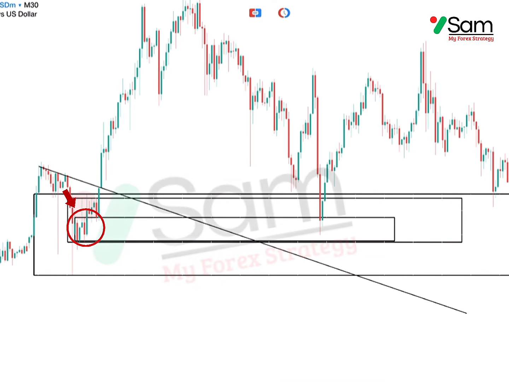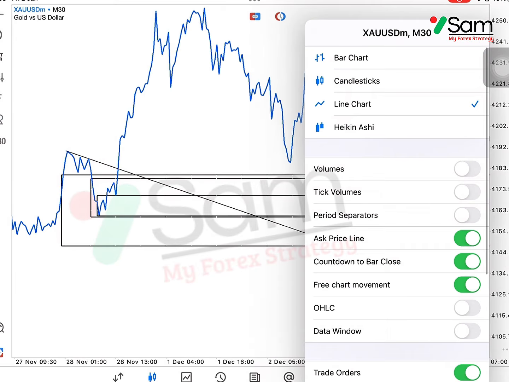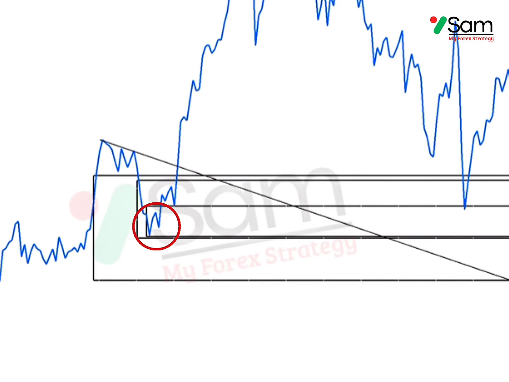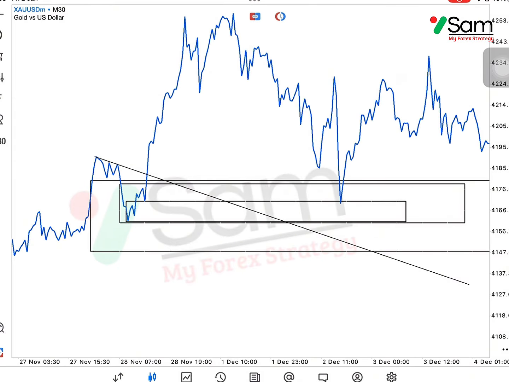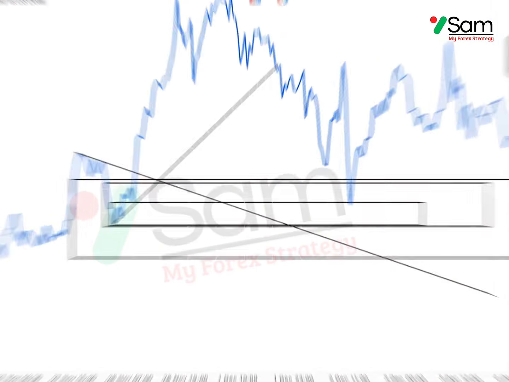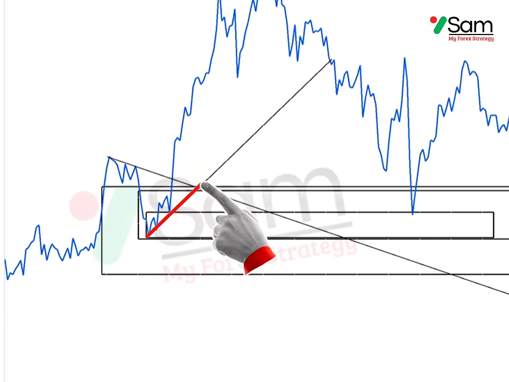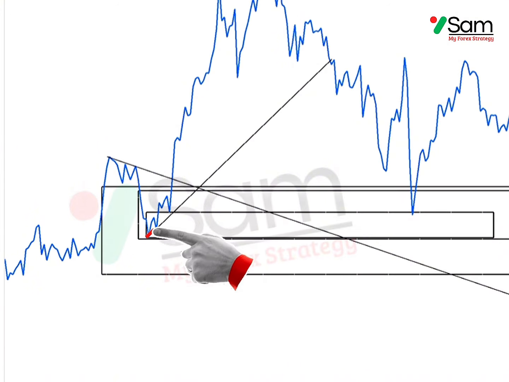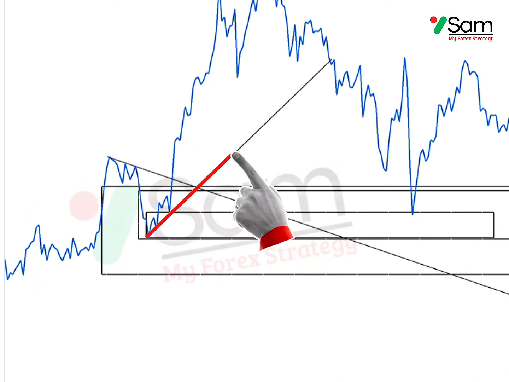On M30, we can see another engulfing. Also notice there is a support confluence here. If we draw a trend line, the result looks like this. The question is, does this make sense? The answer is no. Why? Because the trend line moves outside the engulfing area, so we should not rush.